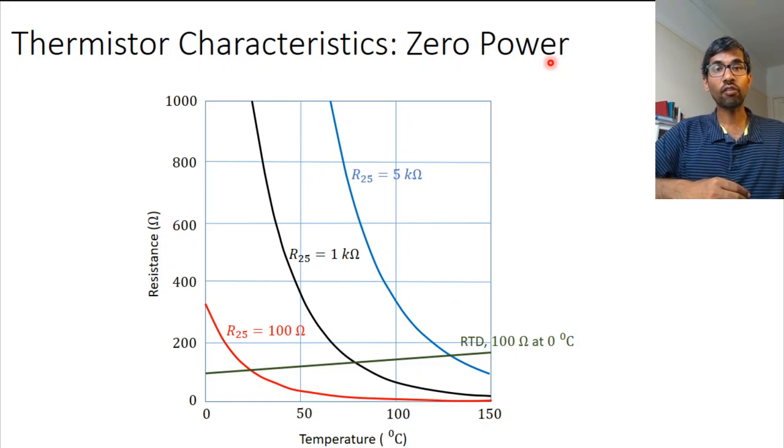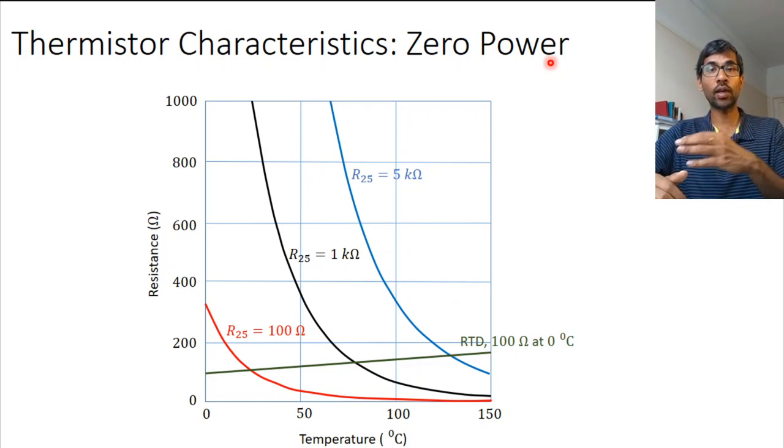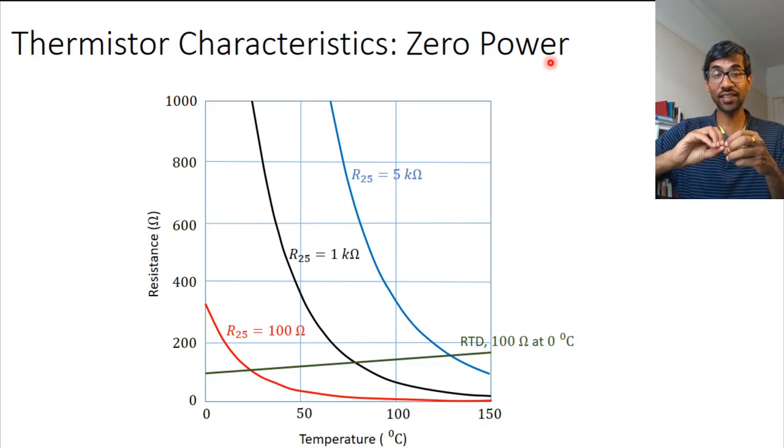But just the fact of passing the current through the thermistor increases the temperature of the thermistor, right? Why? Because there is a power dissipation in the resistor. What's the power dissipation in the resistor when a current I is flowing through it? It's I squared times R. I hope you remember that from circuits when you were introduced to resistors. So the power dissipated in a resistor is current squared times R. So I squared R. That's the power dissipation, and this power dissipation is going to increase the temperature of